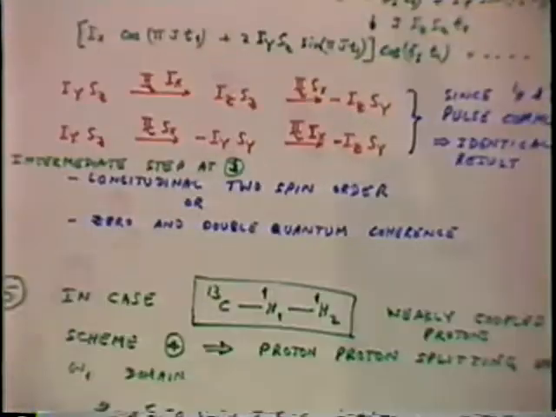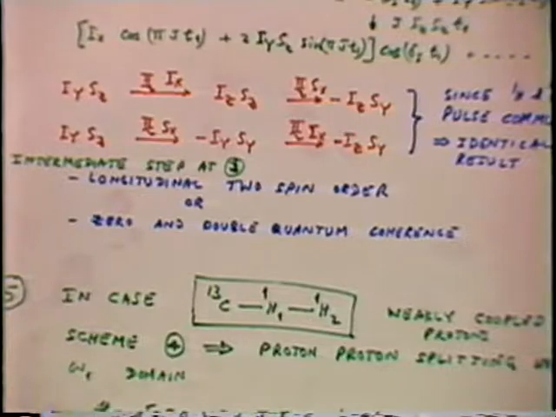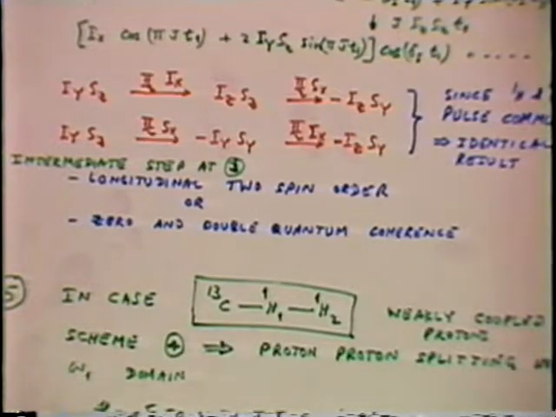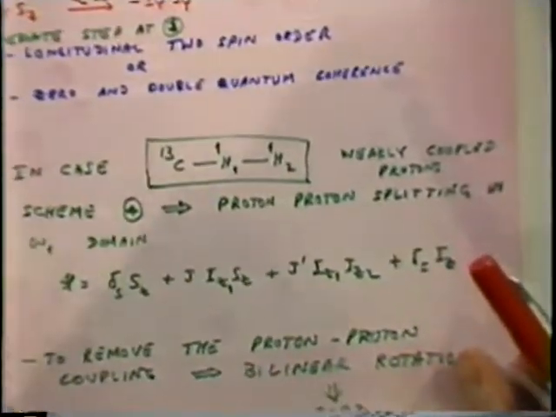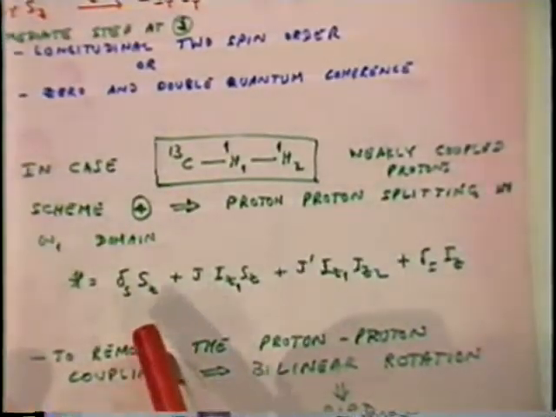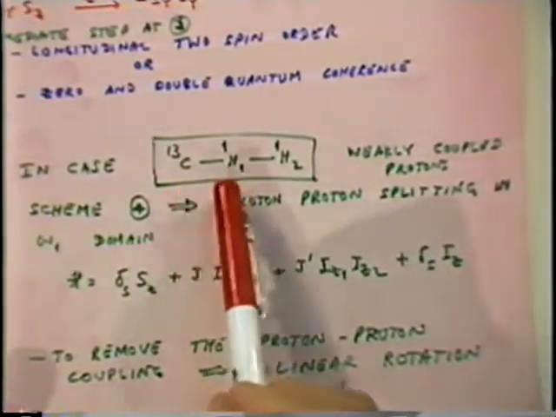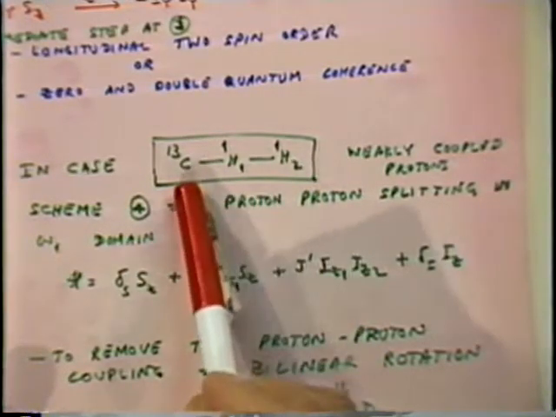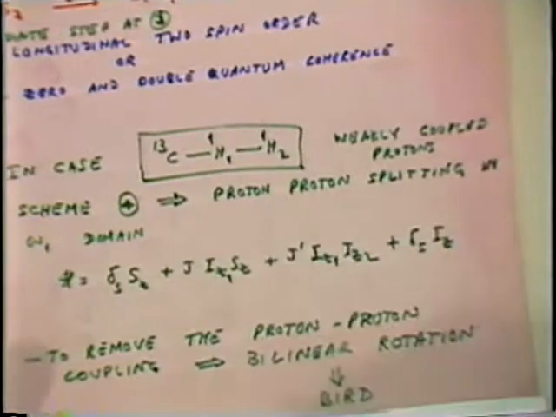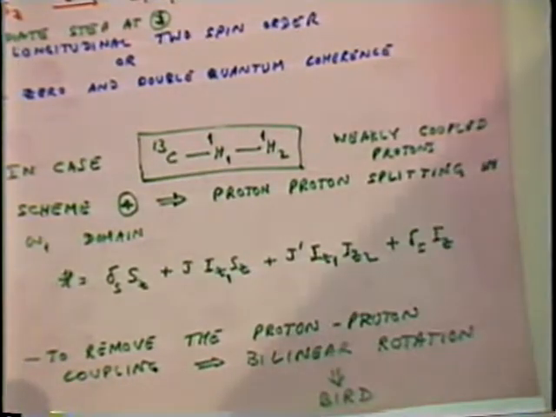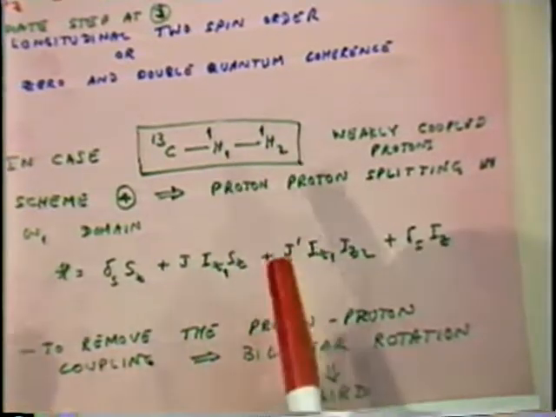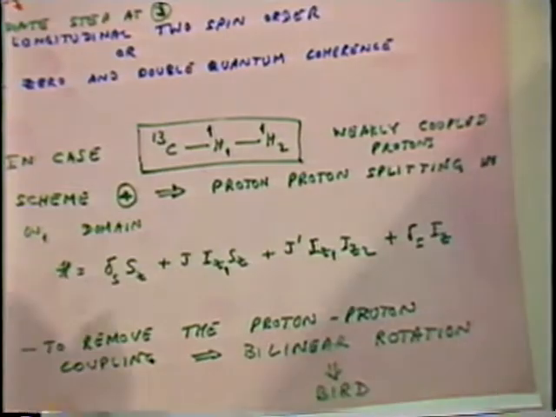Now, if we have only a carbon coupled to a proton, it's fine. But these protons are often coupled to each other. And this can create difficulty. So we have, for example, a carbon coupled to a proton, which in turn is coupled to another proton. As well as this carbon may be coupled to this proton through what's called a long-range coupling. But at the moment, we want to focus on this proton-proton coupling. And what happens is this proton-proton coupling gives rise to